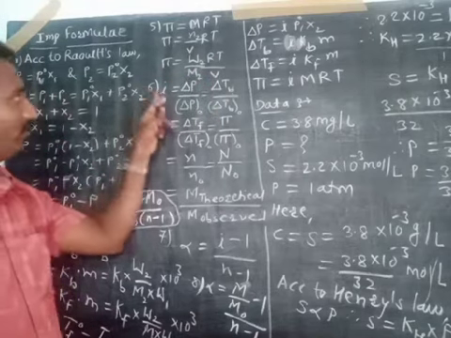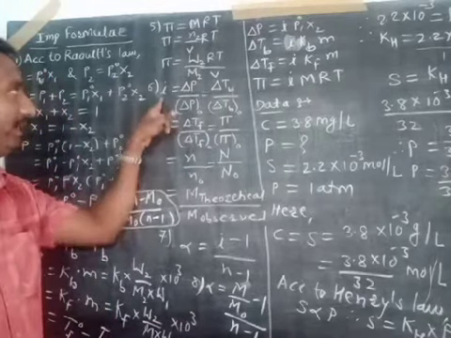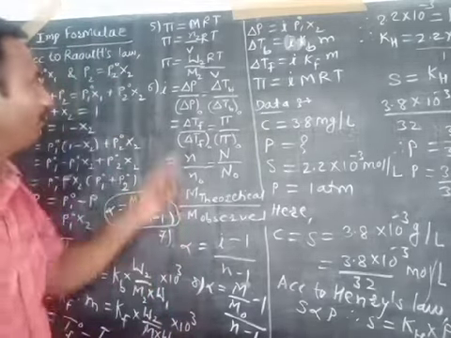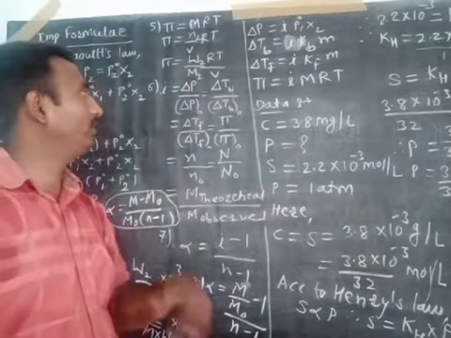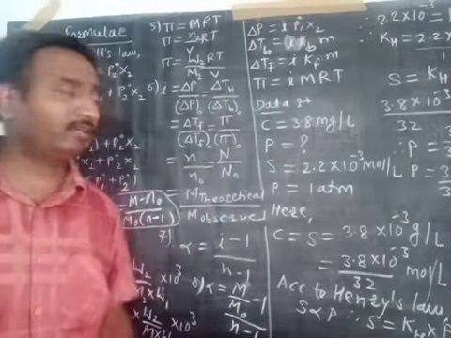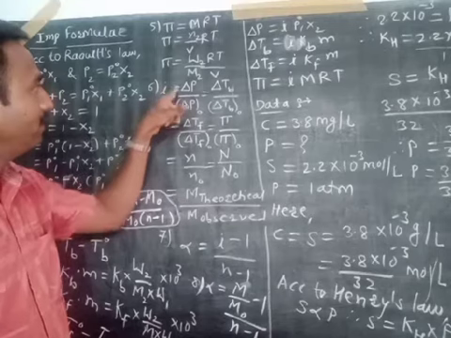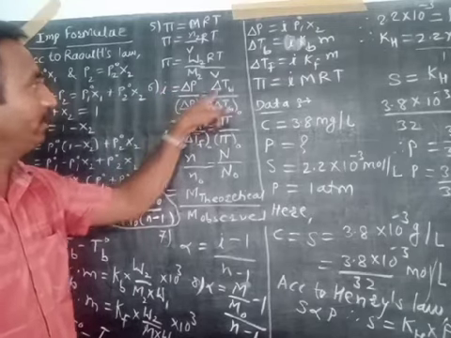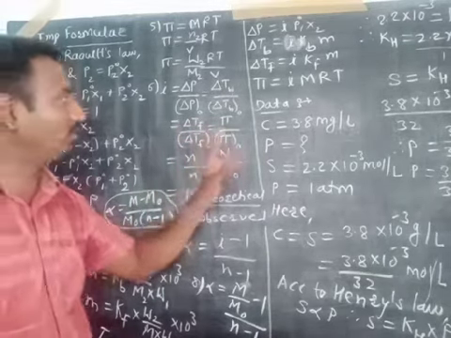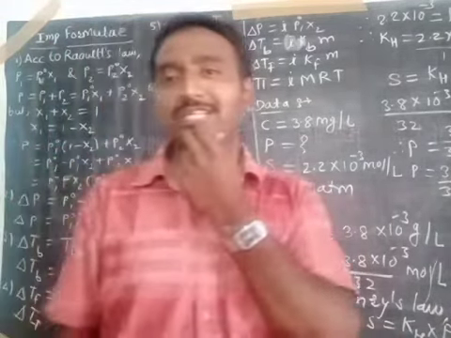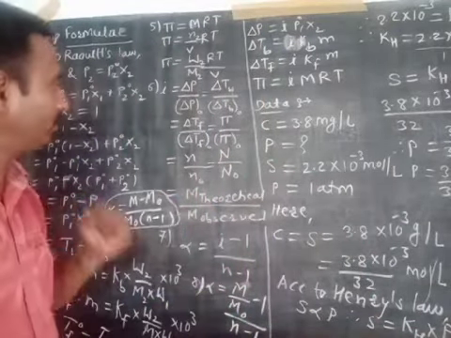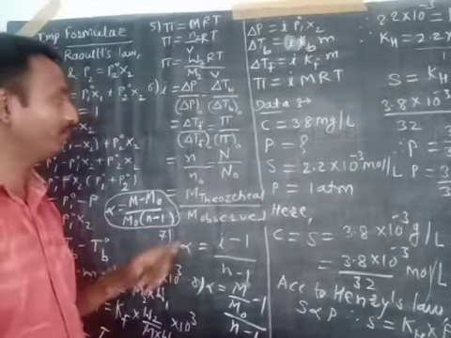The next factor was the van't Hoff factor, that is i, and i is the ratio of the observed colligative property to the theoretical colligative property, or the colligative property for the electrolytic solution to the colligative property for the non-electrolytic solution. And that's why i is equal to ΔP upon ΔP0, ΔTb upon ΔTb0, ΔTf upon ΔTf0, π upon π0. Here the 0 term indicates the theoretical colligative property, or the colligative property for the non-electrolytic solution for the same concentration.